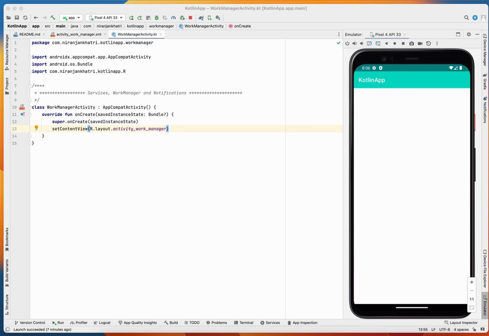Before that, we also have to understand something interesting about Work Manager. What is Work Manager? Work Manager receives work and enqueues it based on the provided arguments and constraints, such as internet connection and device charging. There are four main important classes in Work Manager. I already told you about Work Manager. The second one is called Worker. This is a wrapper around, but first let's go and implement